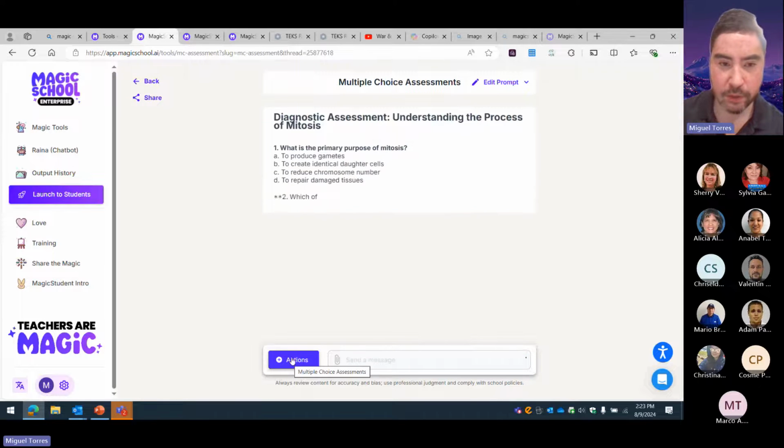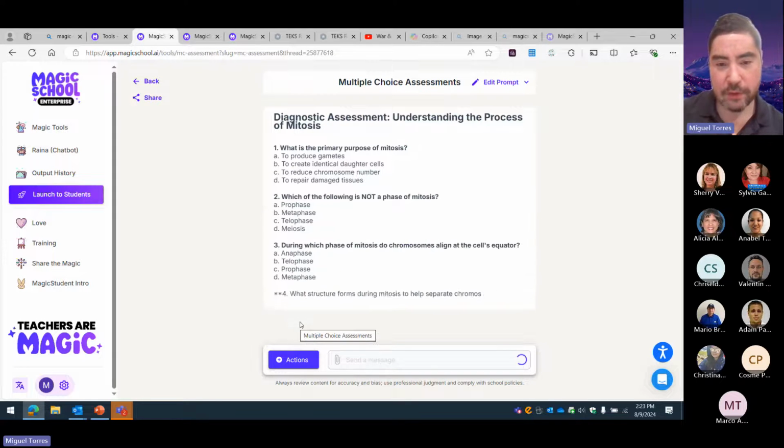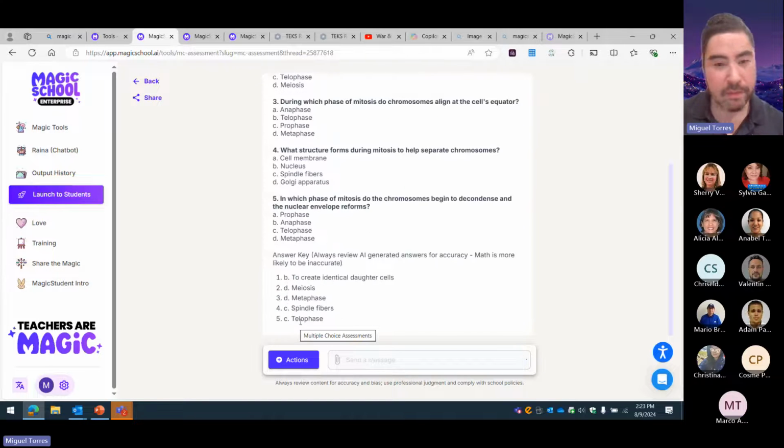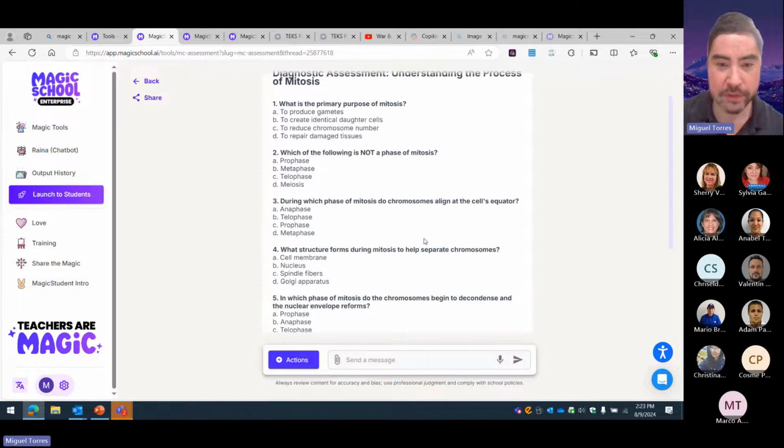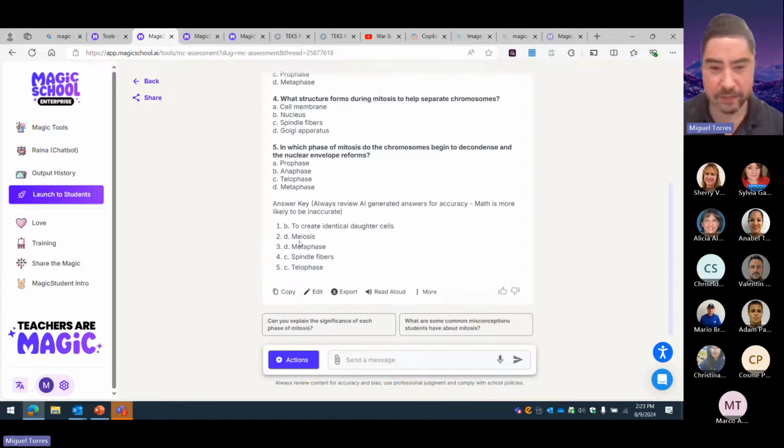And there we go. So if you were an 8th grade biology or a 9th grade Bio 1 teacher, and you're teaching about mitosis and how to separate chromosomes and so forth, and you just want a quick checkup, this can be a general or a small formal daily quiz or something. It gives you the answers right here, and this is where I want to explain something to you.